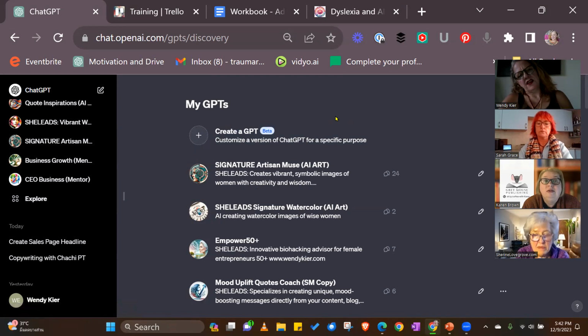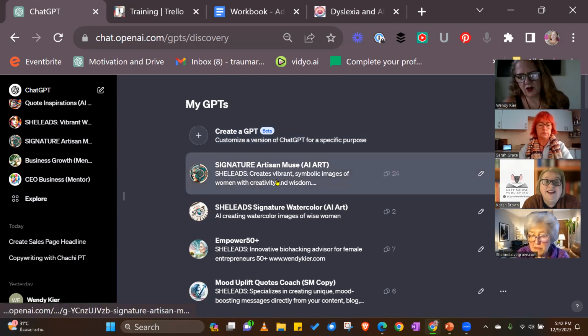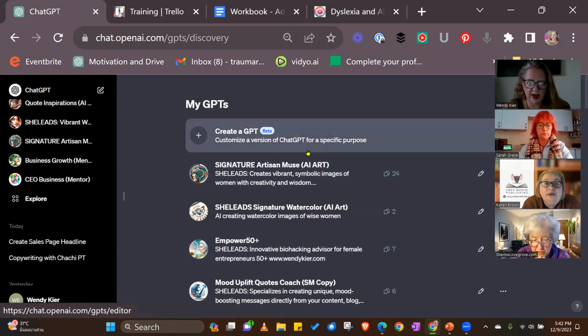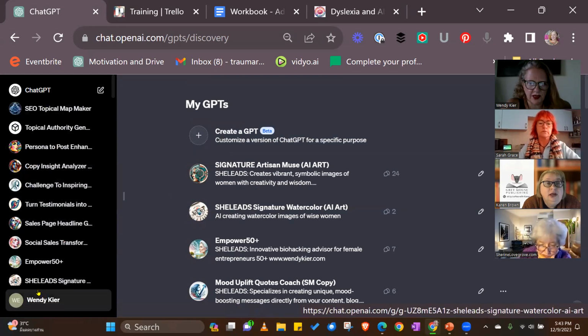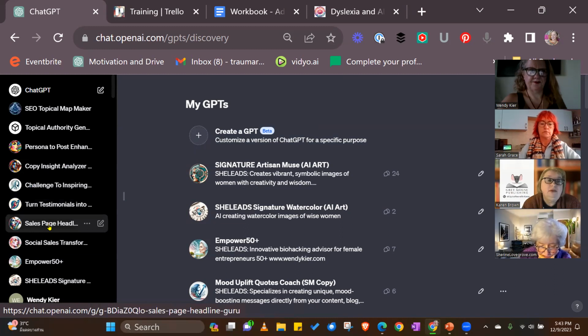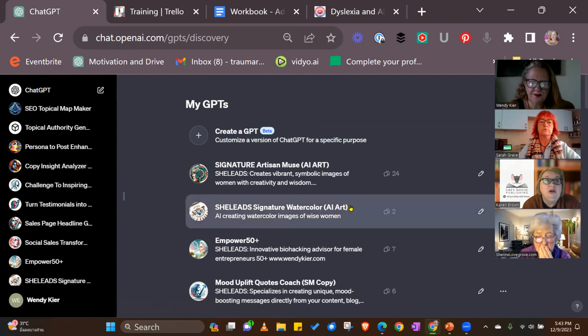I think it's because you just haven't accessed them. When you click on a link from one of the ones I've created, it should come up on the left-hand side where all these ones are. I have the Empower 50 plus, but I don't have any of the other ones. It's got the ones that I've accessed, but those are the only ones.